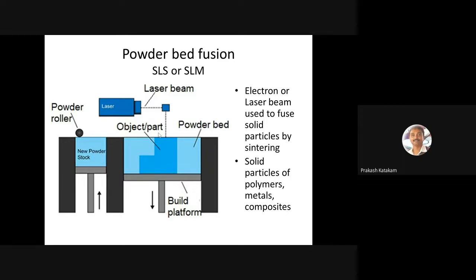Another technique in 3D printing is powder bed fusion. It is all similar to the earlier processes, but there we used a liquid. The same way here, instead of liquid jetting, they use a laser beam. So again, the powder is already there. It could be a ceramic powder or a metal powder or a polymeric powder. Depending on the powder characteristics, we apply the strength of the laser beam.